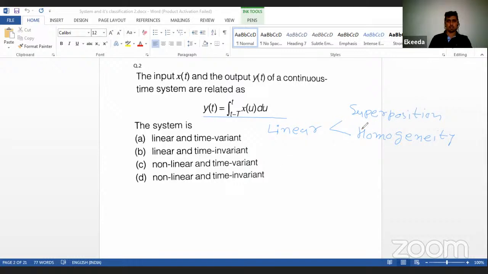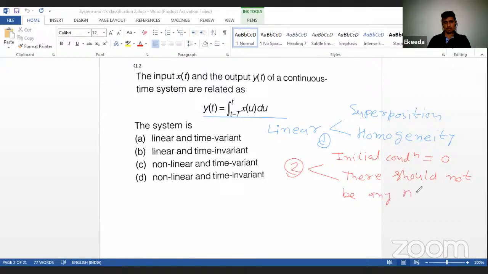And another definition, this is the first definition of linearity, and the second definition has two conditions: the initial conditions must be 0 and there should not be any non-linear operation,